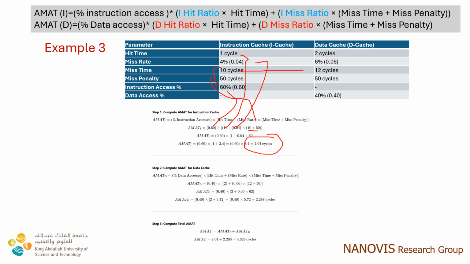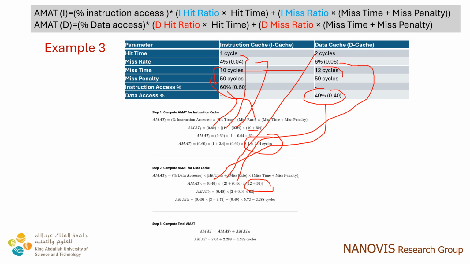Similarly 0.40 for the data cache, and this 2 is the hit time, 0.06 is the miss rate, and 12 plus 50 are the miss time and miss penalty. So the cumulative value is 2.288 for the data, and if we add these both, it gives us 4.328 cycles. This is the total